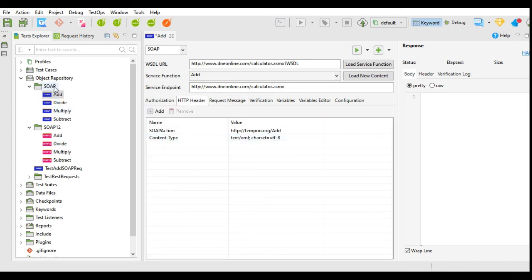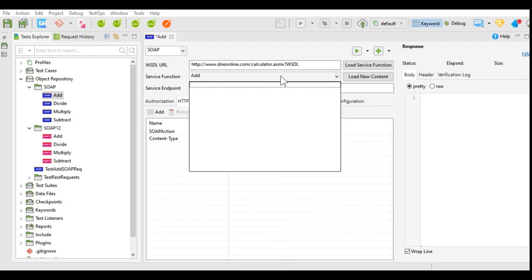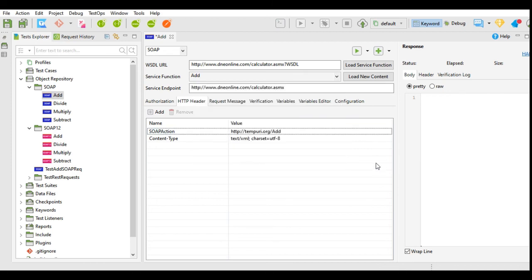But the difference between WSDL import and the draft SOAP request is that with a draft SOAP request we can select the function we want and create a request for that service function only. And by importing the WSDL, we import all the functions available in that WSDL file or document.